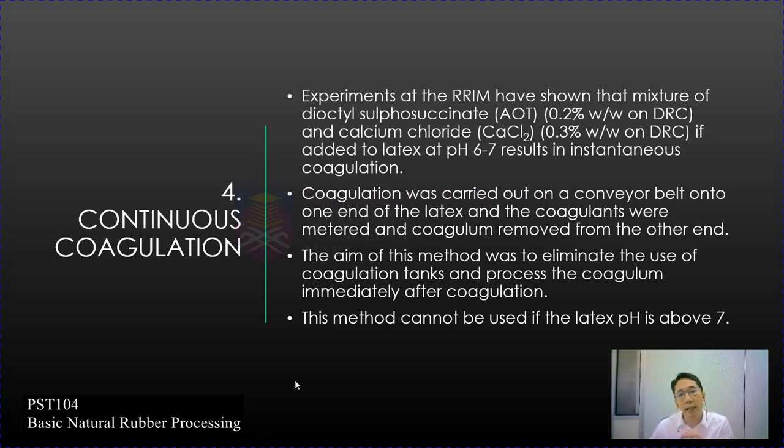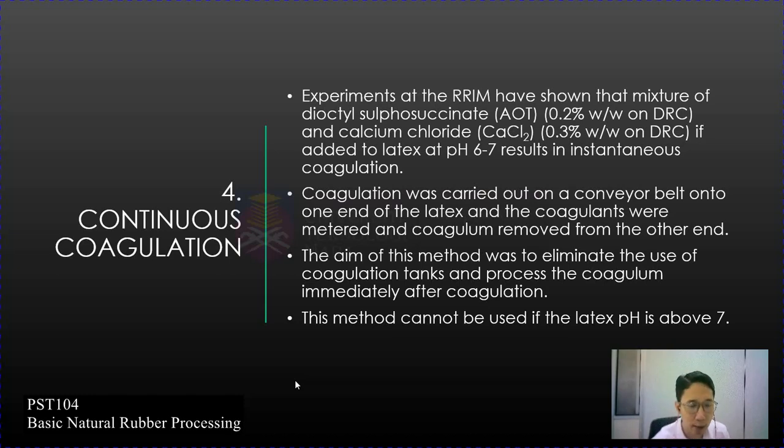So ini satu lagi teknik untuk continuous coagulation. Apa yang berlaku, awak letak latex satu bahagian, bila dia lalu dekat conveyor belt sampai dekat one end, they introduce this chemical mixture and they will, what we call that, instantaneously coagulate the latex itself. Okay,